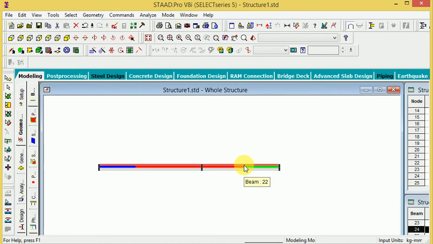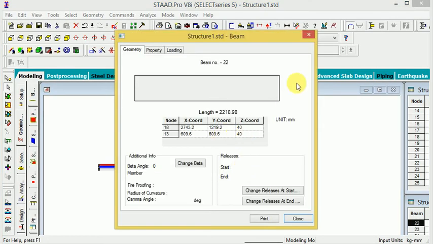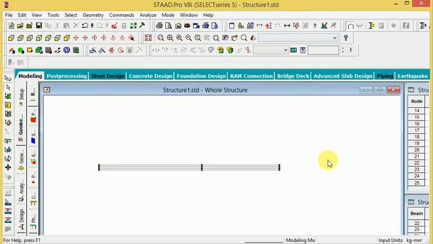So when you again change from this here, 10 is not sufficient.